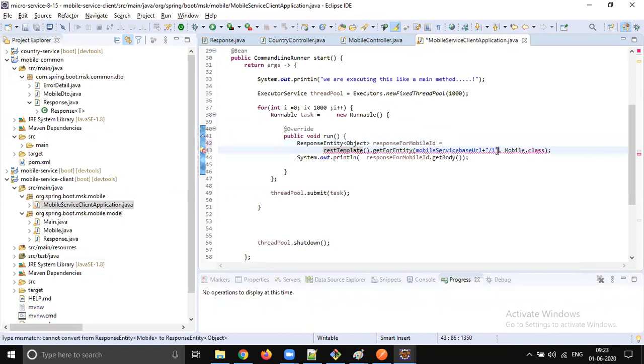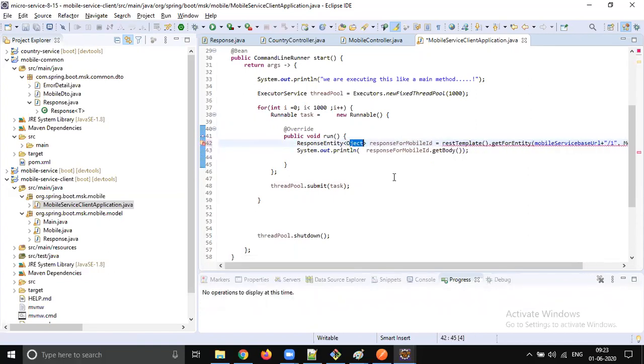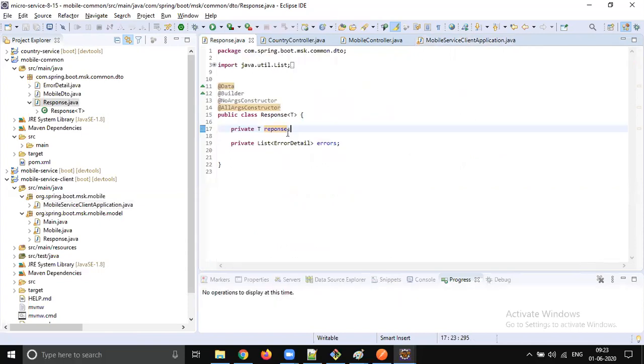So this is going to come like a JSON, right? Or else that will be converted automatically into a hash map object. So instead of getting it like that, we can directly get a particular type. Instead of getting the object, you can directly get the corresponding type. So that is the reason why we are converting this into a generic type.